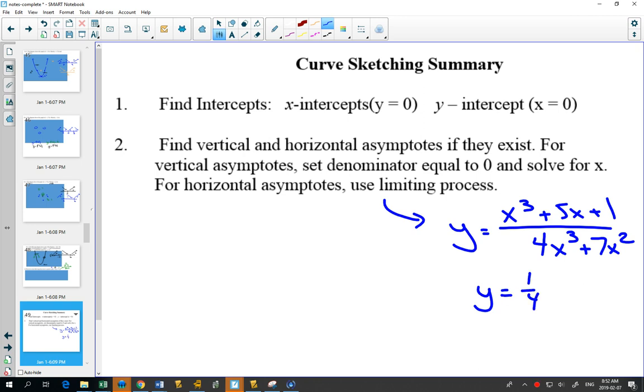The limiting process says if the powers are the same, then you're going to have an asymptote at the ratio of the coefficients of those powers. Because as x gets really, really big, this is the only thing that's going to affect it. The other powers are less. They actually won't have an effect on it anymore. If you had an equation